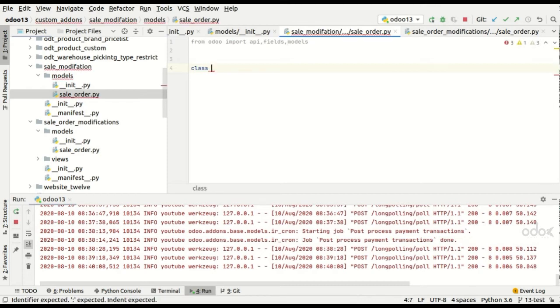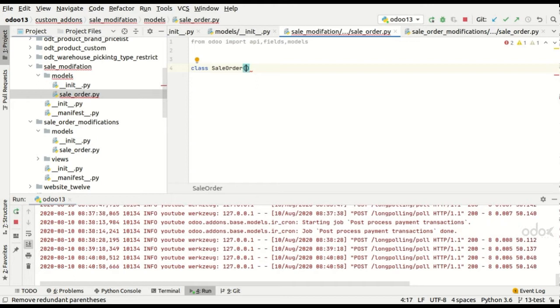Now coming to the class name, you can always use the inherited class name here, because as per the coding standards, it's very good to use the same name as sale order itself. Since we are going to inherit the sale order, you can choose the name of the class same as the parent class.